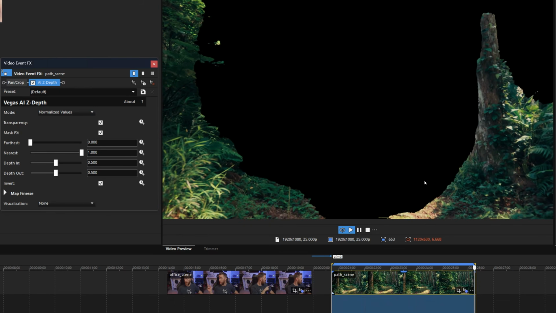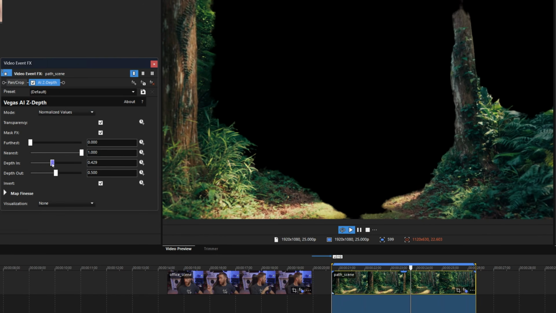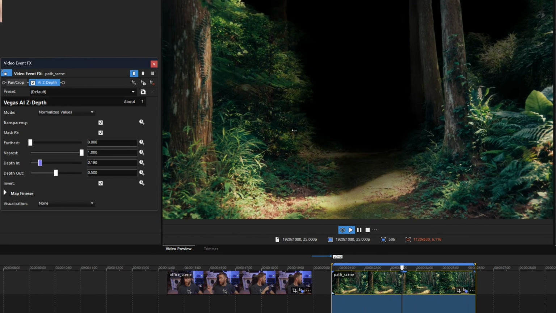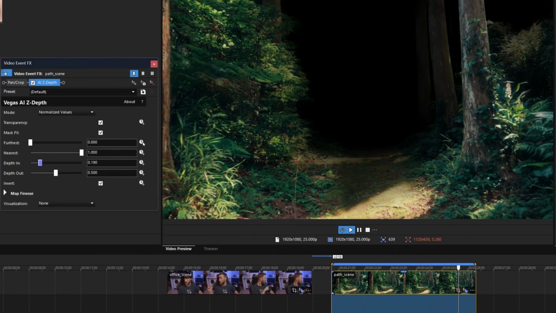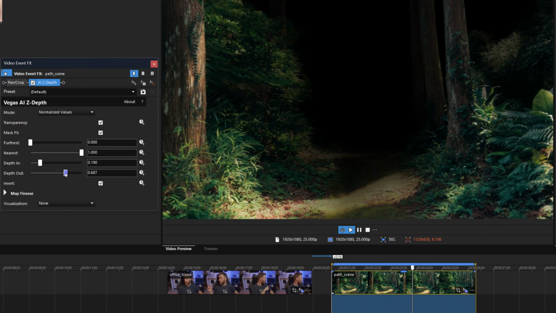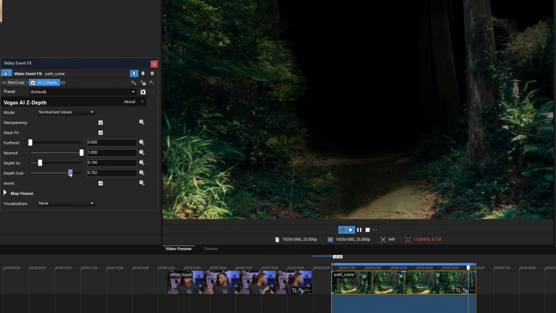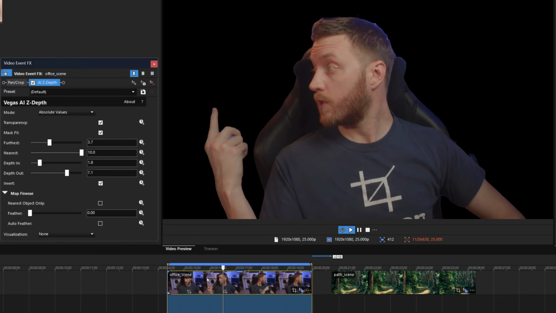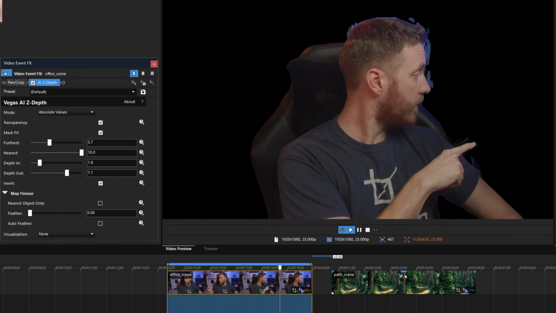So for this example, I'm going to keep it on normalized, but I'm going to lower my depth in slider, and you're going to see it's going to kind of fade in and ease in the mask that it's selecting. If I bring up my depth out, it's going to increase that feathery range and that soft range all the way towards the camera. So going back to the office shot,